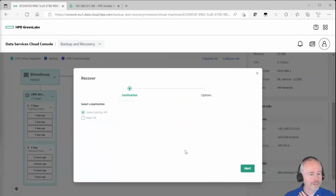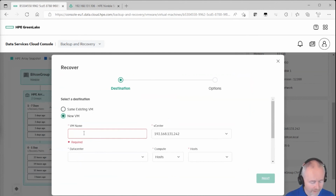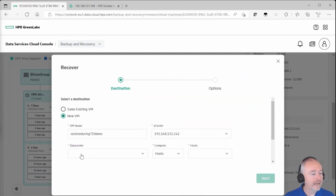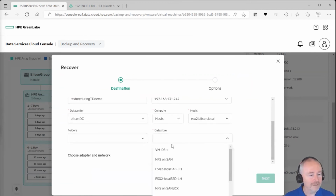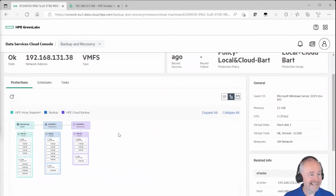And now if I hit the button recover, I can recover that virtual machine on the same existing VM or as a new virtual machine. And then I'm going to call it the name restore during tech data demo, whatever, something. I fill in the data center, I fill in on which host I want to restore and on which data store I want to do a restore, and then I hit next and finish, and that virtual machine will be recovered from 1 day or 5 days or 22 days ago. Guys, this is backup and recovery